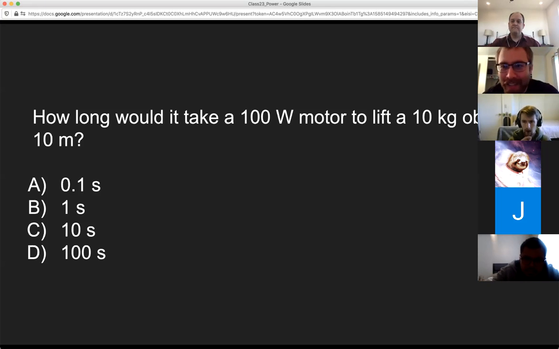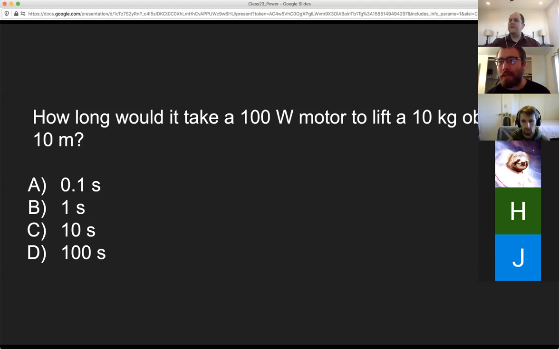Hi, I can't see the poll. You can't see the poll. Okay. I'm not sure how that works. Nobody can see the poll. Nobody's voted. Can anybody see the poll? No. Okay.